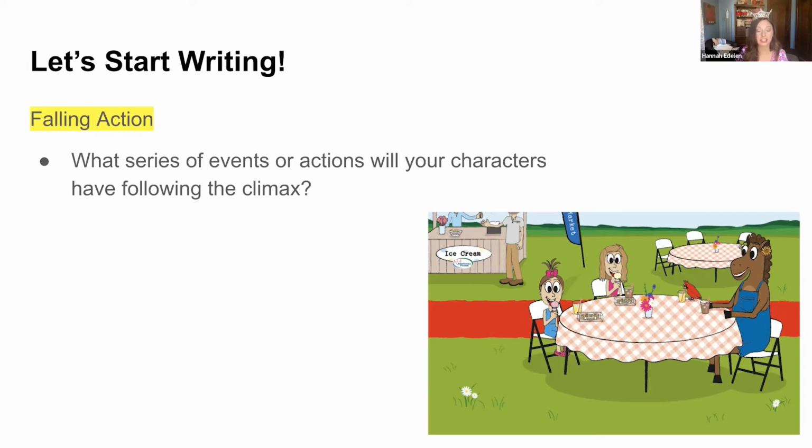Sometimes your falling action might include little actions and little things that might lead to the next part of your story if you wrote a part 2. I'm sure you all have read or heard about series of books. So sometimes in our falling action, our authors, our writers will drop little nuggets of information that will help us in our next story.